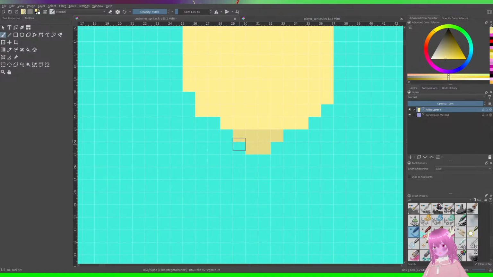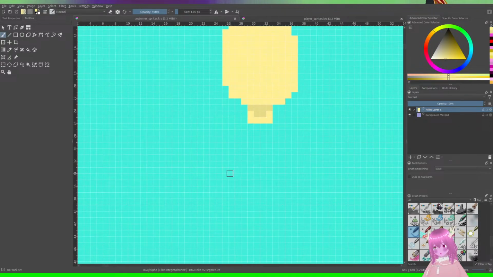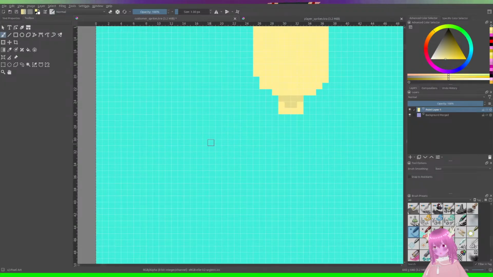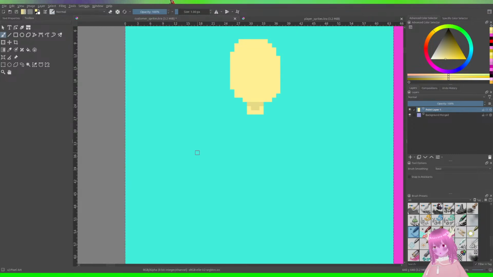Oh wait, I already had that color. I didn't have to go in. And then... I mean, I guess I have to draw the whole thing, don't I?